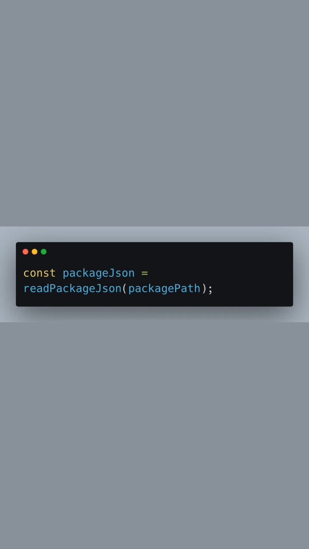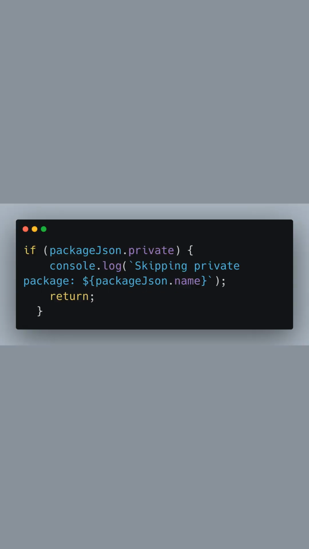We define a function named publishPackage. This function will handle the publishing process for packages found at the given package path. Inside the publishPackage function, we call readPackageJson, passing in the package path to retrieve the package's package.json data. We check the private field of the package.json object. If it's set to true, indicating that this package should not be published, we log a message and exit the